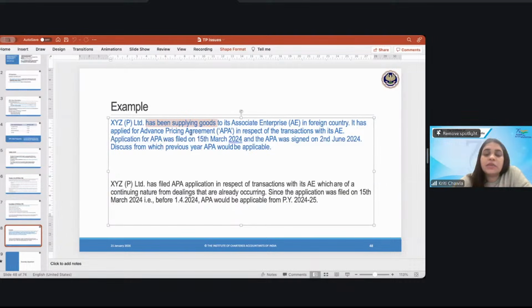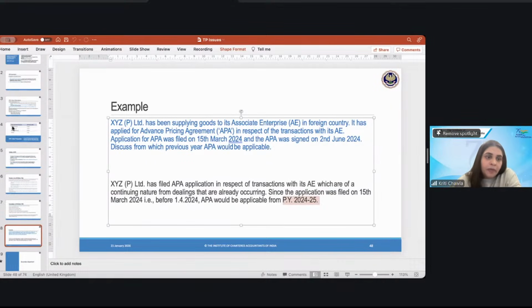The application for APA was filed on 15th March 2024. APA was signed on 2nd June 2024. What is the previous year from which APA will be applicable? Now, if you actually see, it was filed on 15th March 2024. That basically means that it was actually filed before 1st April 2024, before the previous year actually started. It was filed, and this is the reason APA would be applicable from the previous year